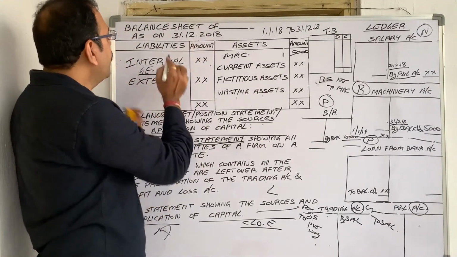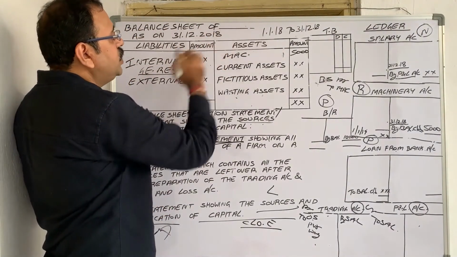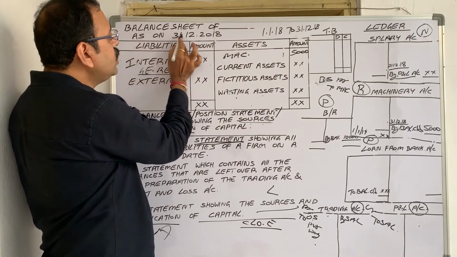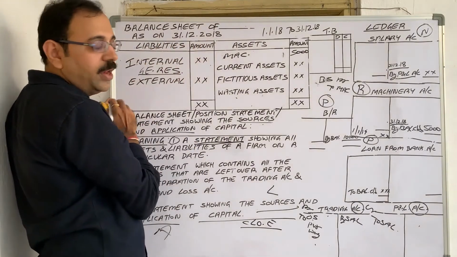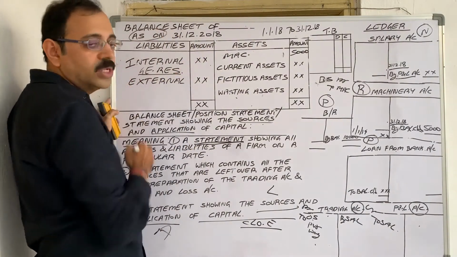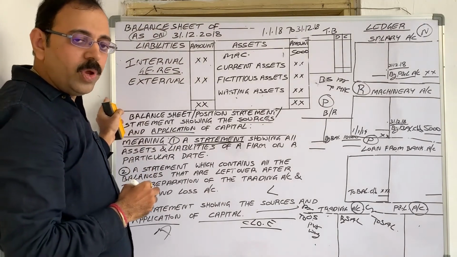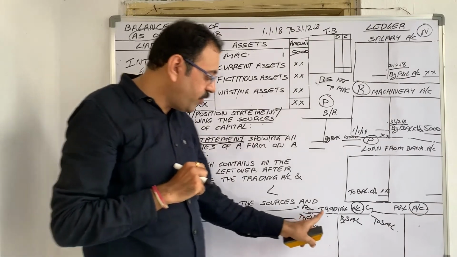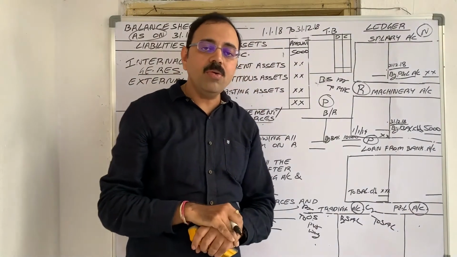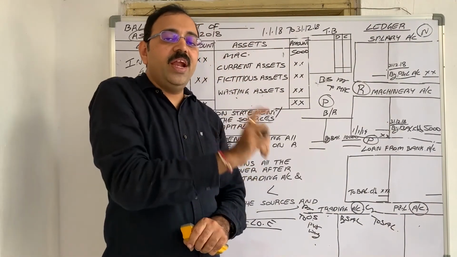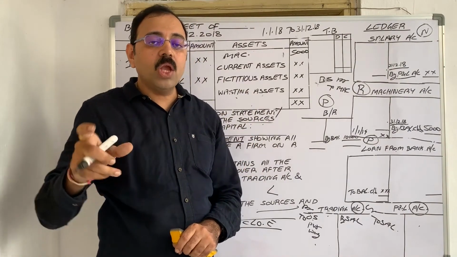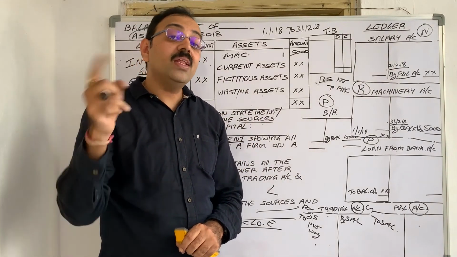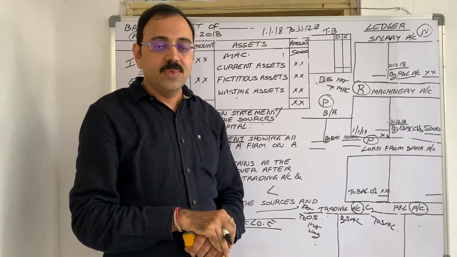Observe the heading: balance sheet of Sachin as on 31st December 18. As on, we wrote. You can write as at also. Once you recollect the headings of trading account and profit and loss account, we used to write trading account, profit and loss account of Sachin for the year ended. So,